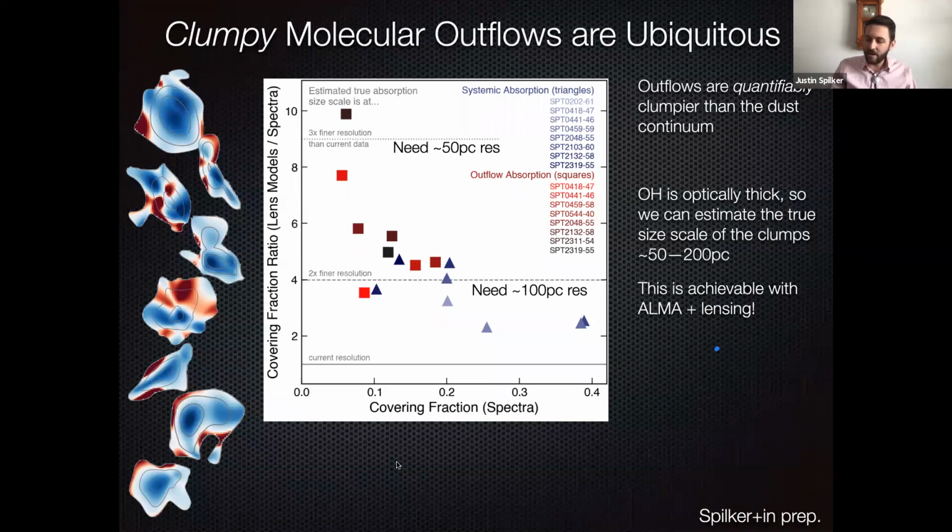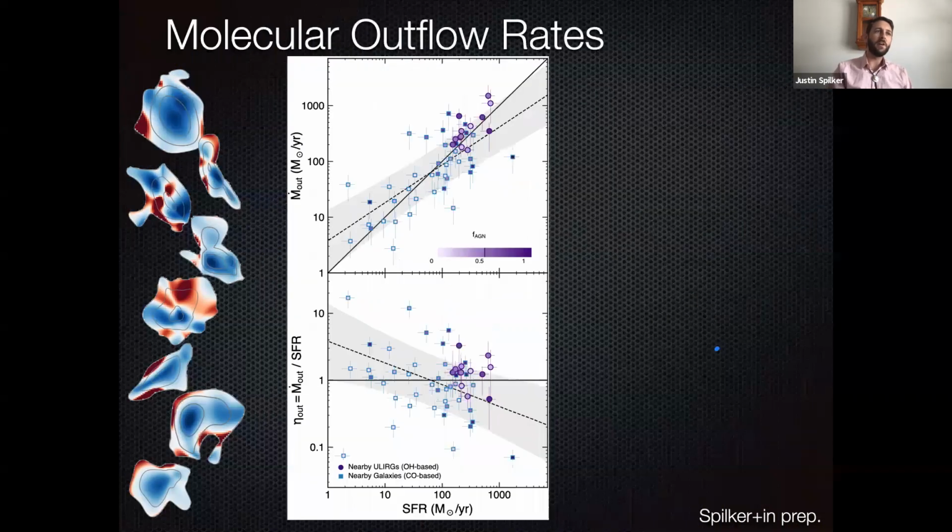So I focused a lot so far on the spatial properties, the structural properties of these outflows, but I want to spend a couple minutes now on the more physical properties of these outflows, since that's something that people ask me about a lot. One of those is the molecular outflow rate. Here what I'm showing is a compilation of molecular outflows observed in low redshift galaxies. All of these little squares are from CO observations, and these circles are from other observations of OH, like what I have. On the top here, we have the outflow rate as a function of the star formation rate. And on the bottom is the wind mass loading factor, which is the outflow rate divided by the star formation rate, as a function of the star formation rate.